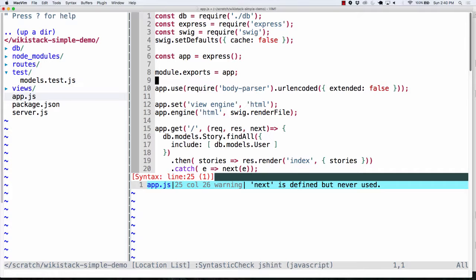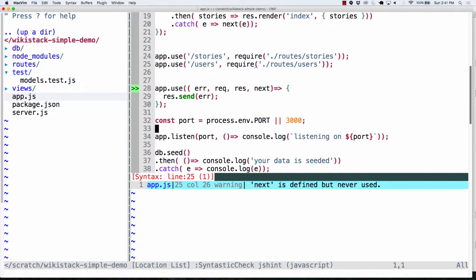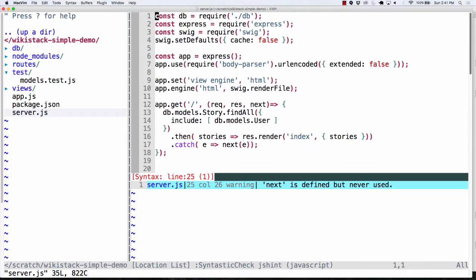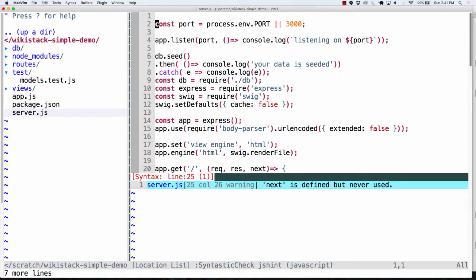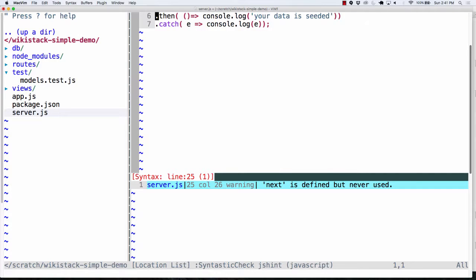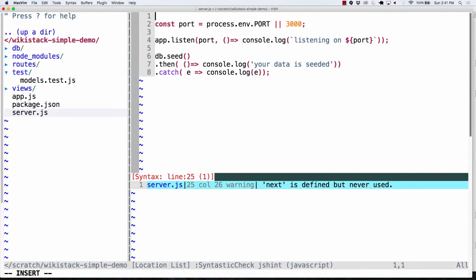And I'm going to go down here. And I'm going to take all this stuff here, these three things. And I'm going to go to my server. And I'm going to paste these three things in. Actually, I could have done it differently. Okay, so what I'm going to do here is that I'm actually going to go, and what I can do with Express is I can